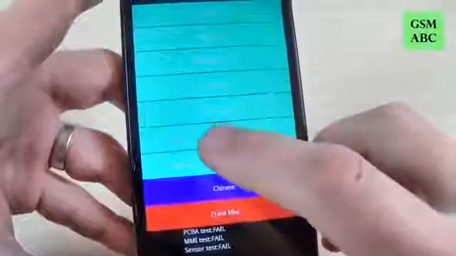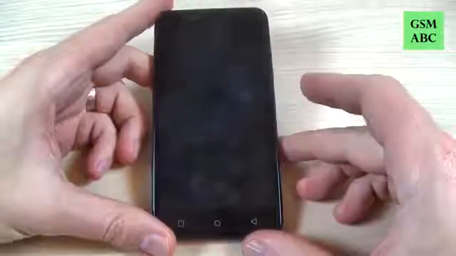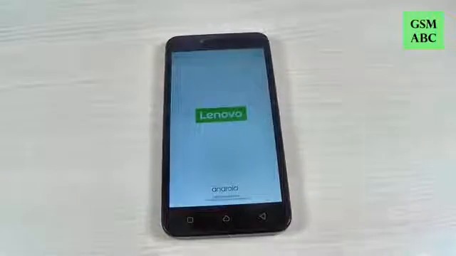And now from here you must select fast boot. Okay, here is fast boot. Just hit on this and wait a few seconds. Okay, now put down your phone